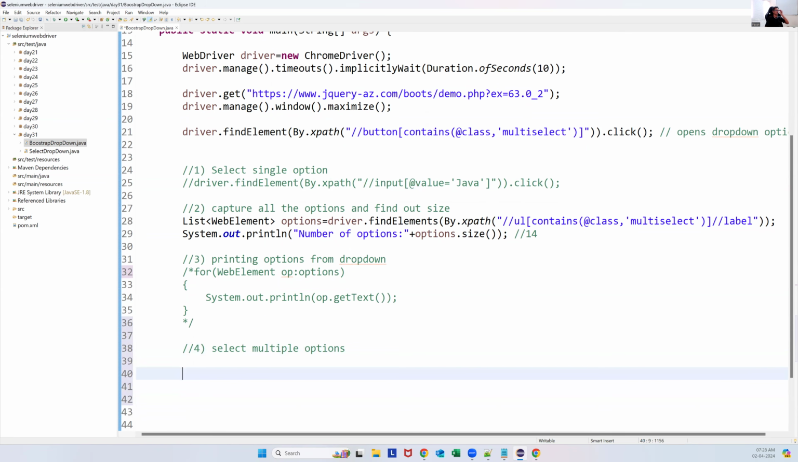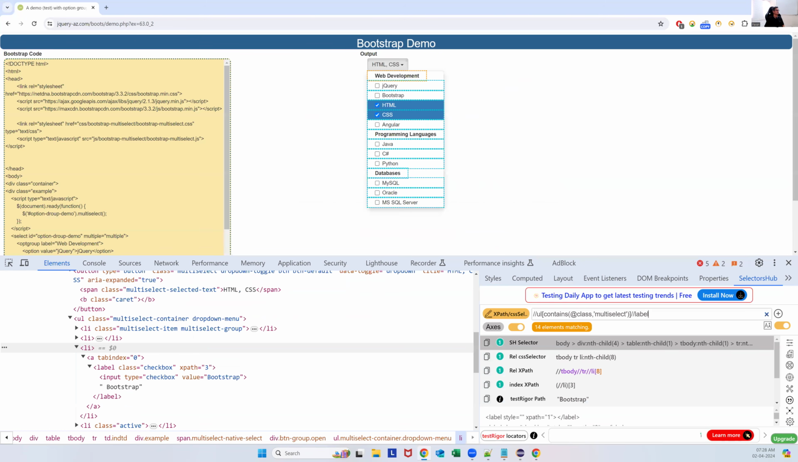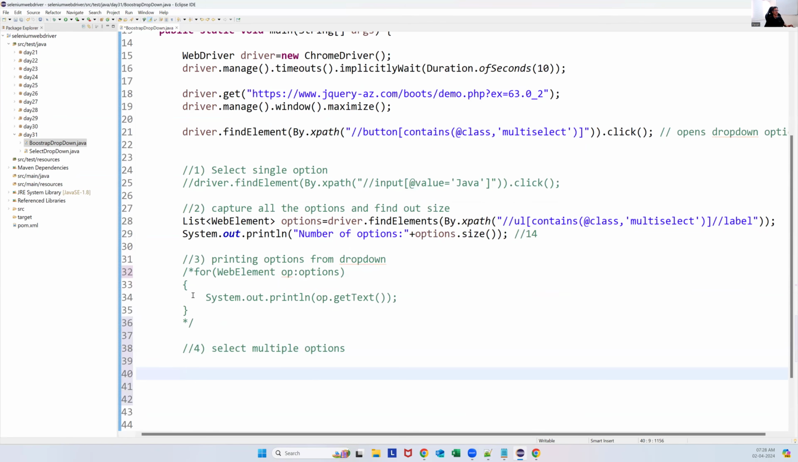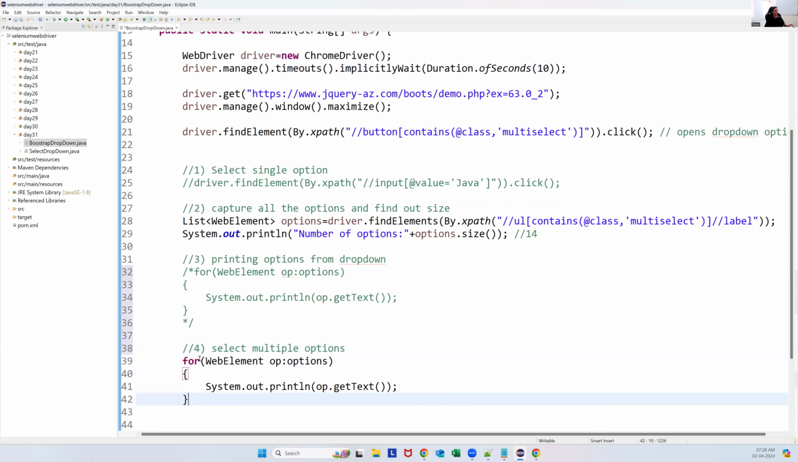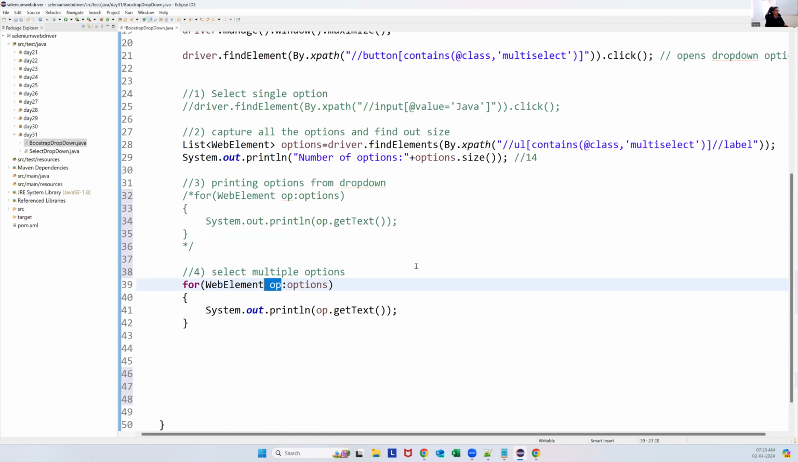Now this time I want to select multiple options. How can we select multiple options? Same concept, same loop. So we are getting each and every option in this, right? That's basically a label. So what we need to do now is